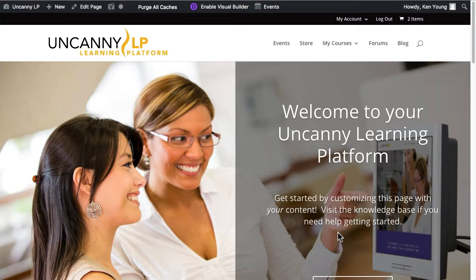The other big benefit to using the site is that it really reduces the time to market. If you're trying to launch an e-learning site, setting everything up, adding your content, just setting up the platform itself typically takes someone who's new to it several months. Even when we're building a site like Uncanny LP for someone that's new, doesn't have an existing site, and it has a reasonable amount of complexity, that's probably a 2 to 3 month project for us. So by offering LP, we're able to get the site available within a day,